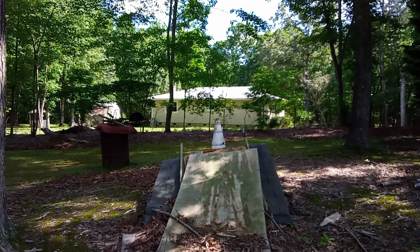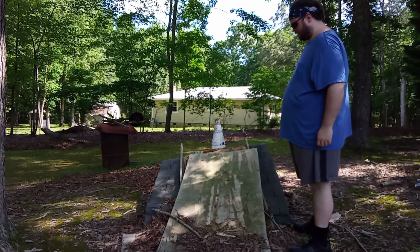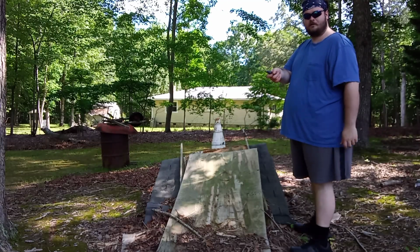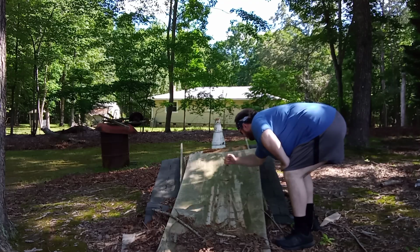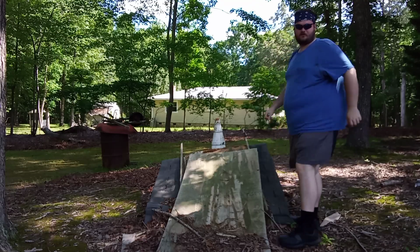Now, I think the next test I'm going to do is the stab test on the door. So hold on, let me get that set up. Alright, you see the door? I'm going to see if this is a good stabbing weapon. And plus, if you're out in the woods and you need something to survive a predator or something, and you have one of these on you, well, let's see if this is a good stabbing weapon, shall we? Sure is, but